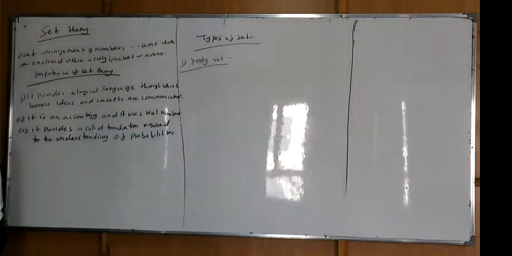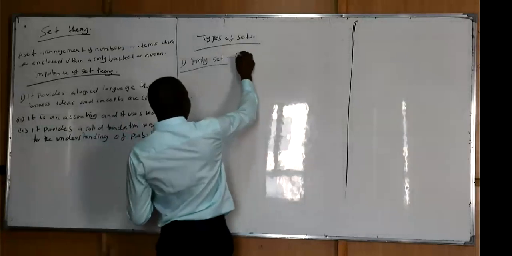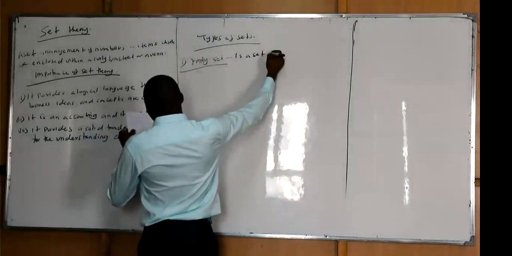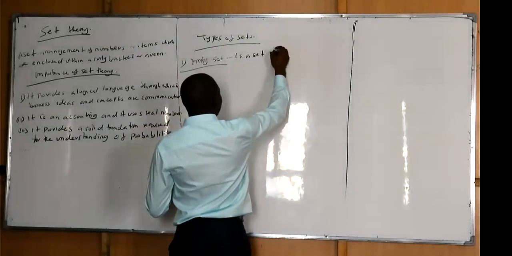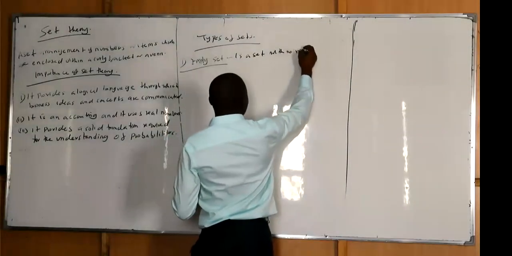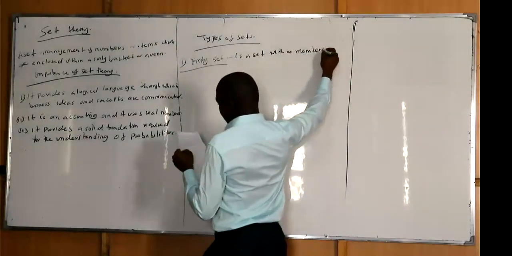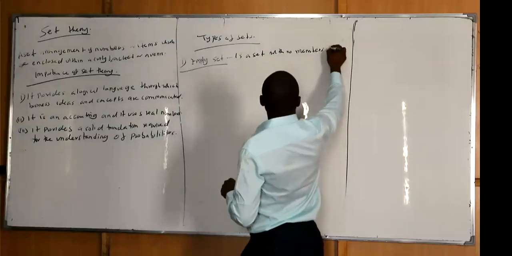As the name suggests, empty means nothing is there, isn't it? An empty set is a set with no members or elements,